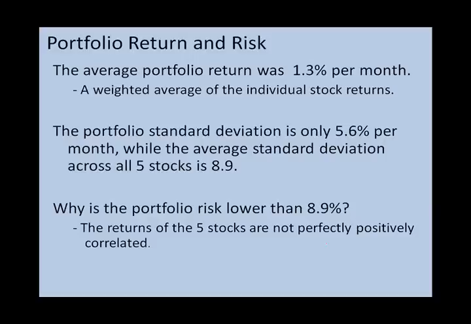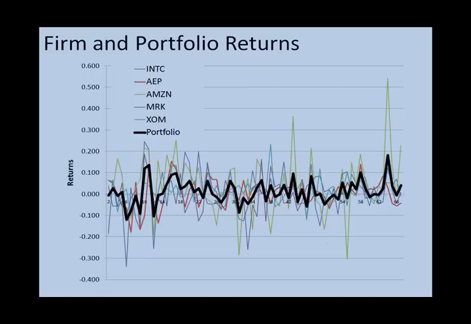The reason is correlation. The returns of the 5 stocks are not perfectly positively correlated. So when we invest in this portfolio of stocks, we see that our risks are reduced relative to the scenario in which all the stocks are perfectly positively correlated. We can see this risk reduction